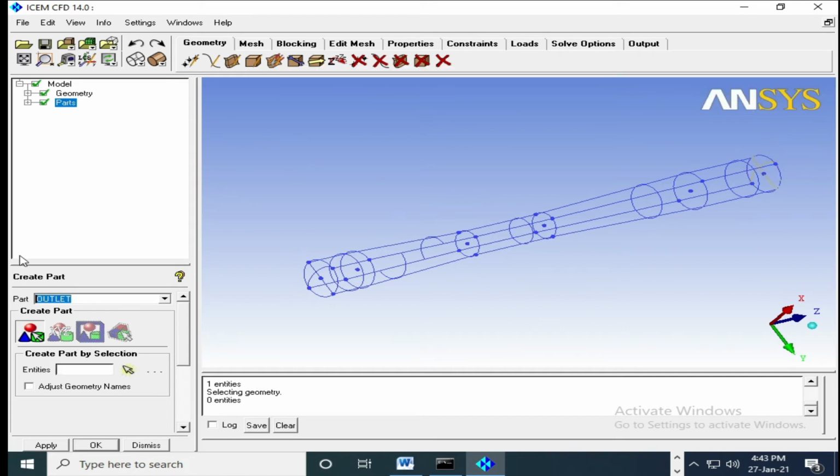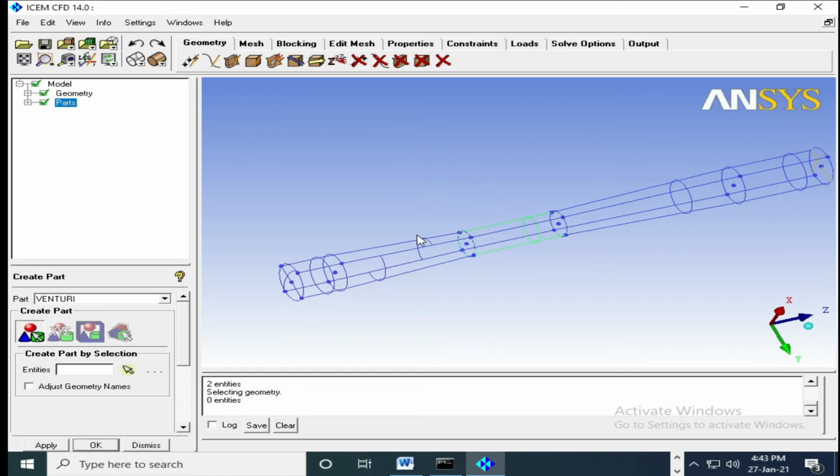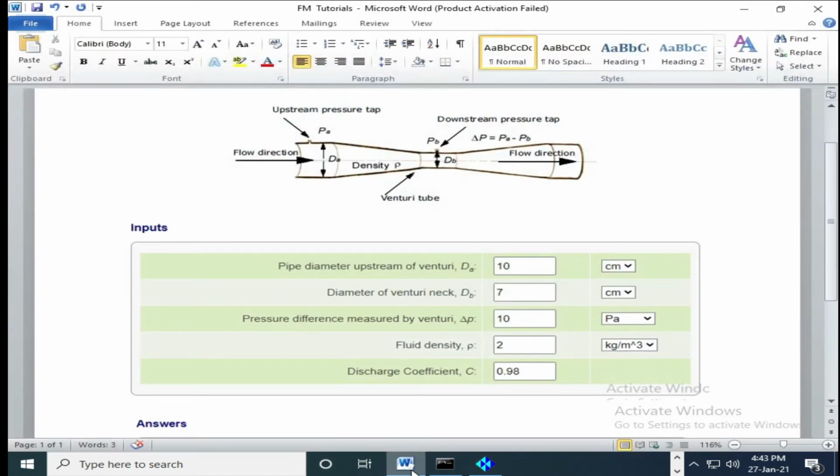Then I can say venturi, the smaller part. And you can say it is upstream and downstream.